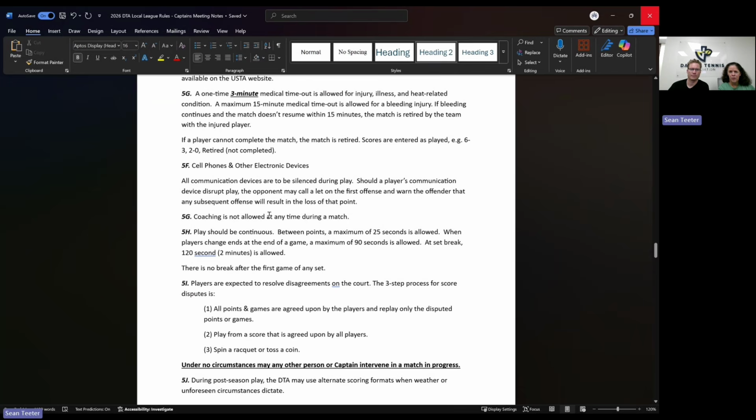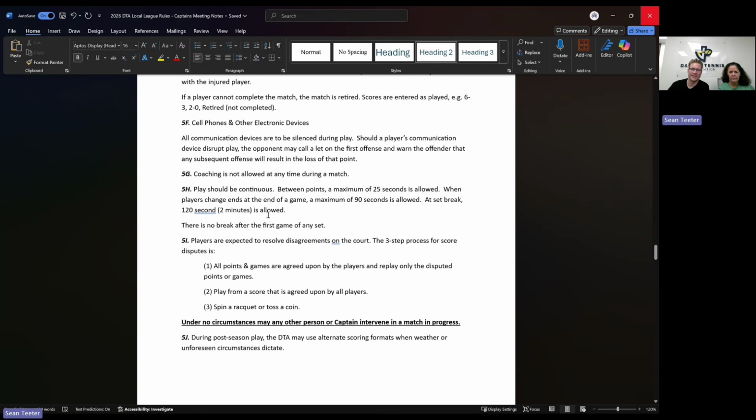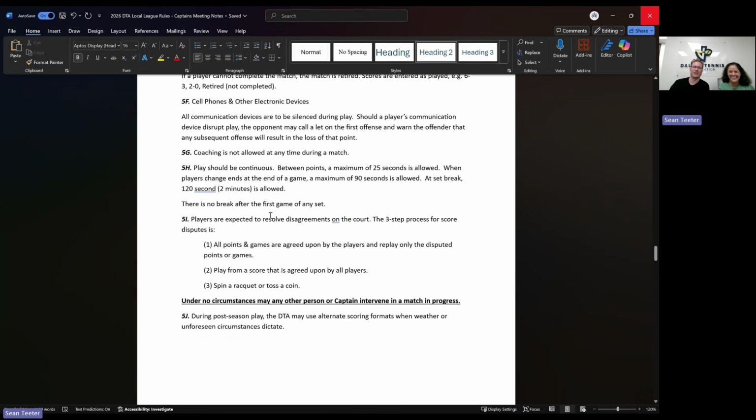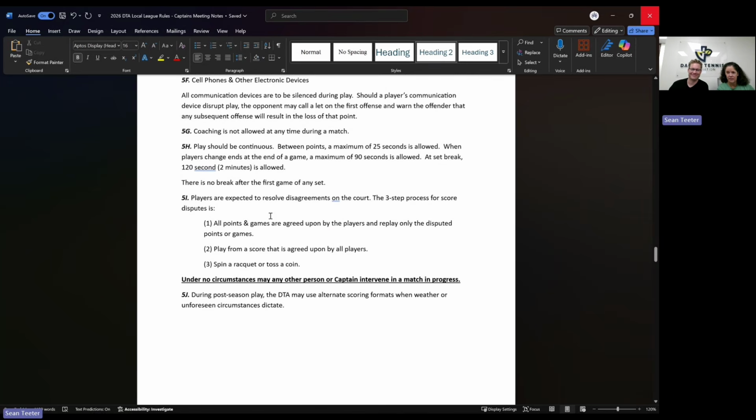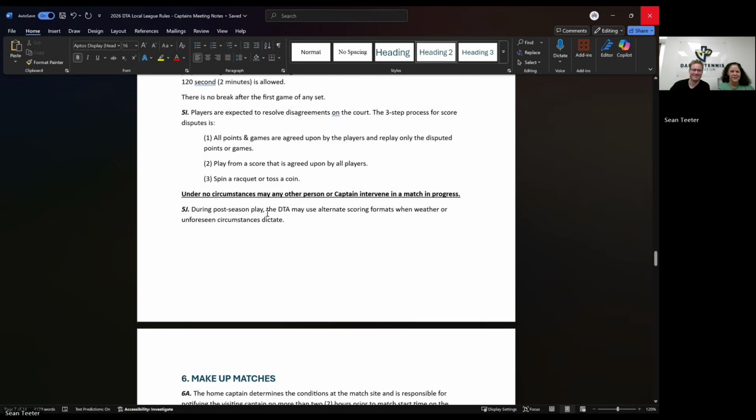As always, no cell phones on during a match. You need to have those silenced. And there's no coaching allowed. We have had a couple of issues with that come up lately. You cannot coach in a USTA league match. But cheering is allowed. People are allowed to cheer for the players. They're allowed to support them, but there is no coaching. We do want them to cheer, we definitely want cheering, but not obnoxious cheering, because you'll see in a little bit, you could get in trouble for that.